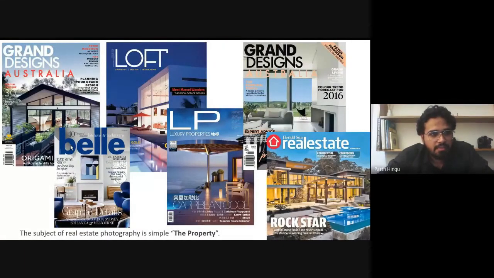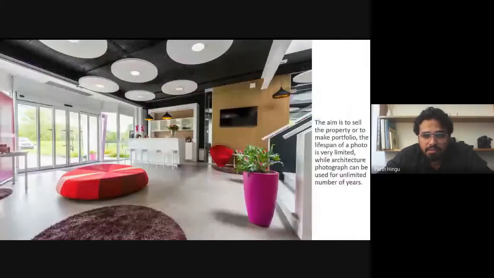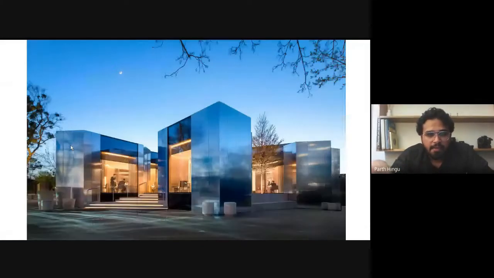It is the same thing as interior photographs in real estate magazines, which people will forget in a month or two. But in architectural photography, you get to know a building for so many years. Like this is an interior. If this property is sold, nobody will know this image was meant to sell this property or something else.